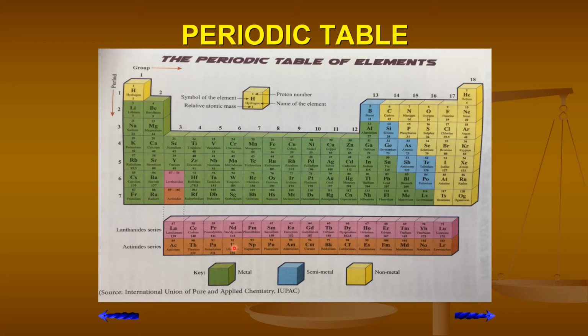So we have here two sections which are extracted from the main periodic table. We call them the lanthanide series, the first one, the pink color, and the actinide series, the orange color. Okay, the green color is metal. We have some semi-metal here, the blue color boxes, and non-metal, the yellow color boxes, including hydrogen. Hydrogen is a non-metal. Okay,